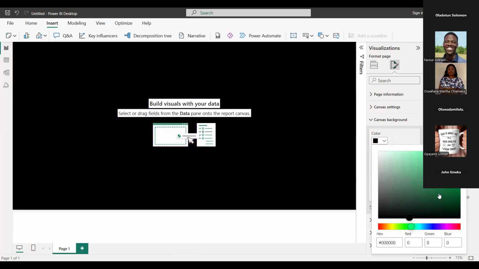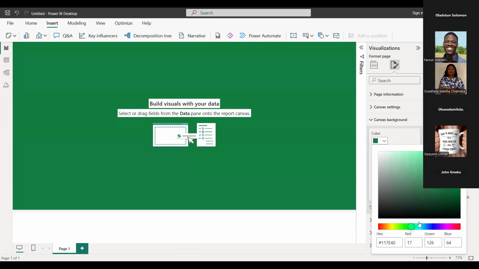Are we still together? Now, when it comes to selecting colors, I'm going to show you some very useful sites that you can use for getting color codes.